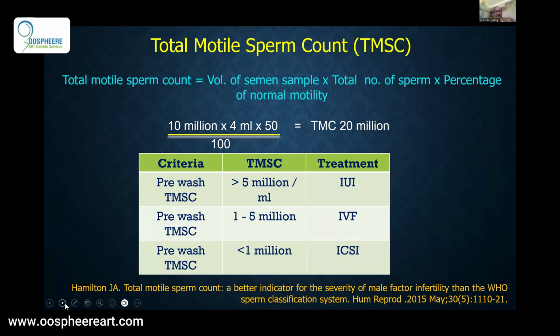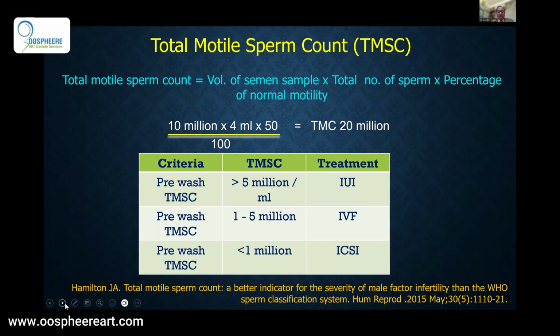Are you with me? Of what is seen on the counting chamber, exactly half of it we are actually inseminating. And that's why there is no need to get confused, because certain literature will say that to offer IUI, there has to be 5 million grade 4 sperm in semen. But when it comes to the counting chamber, it has to be more than 10 million per ml.